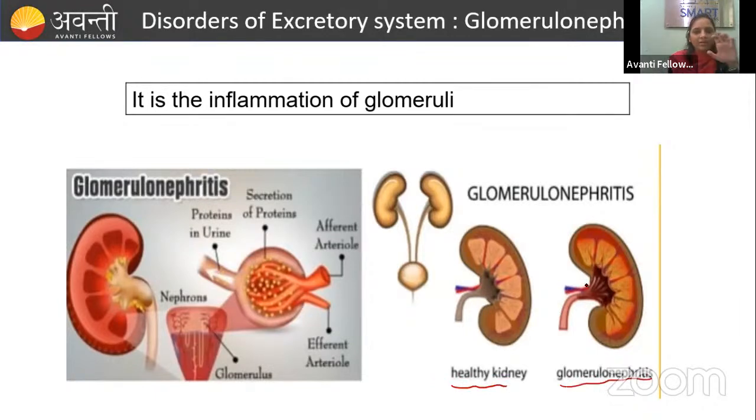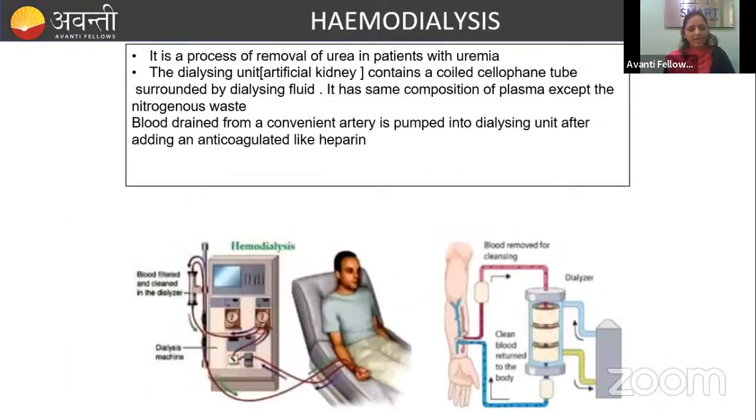Glomerulonephritis. Here you can see the inflammation in the glomerulus. Okay. Fine. Let us go to the last one, that is hemodialysis. Hemodialysis, we also call it, guys, the artificial kidney. So what they will do in the artificial kidney is, guys,